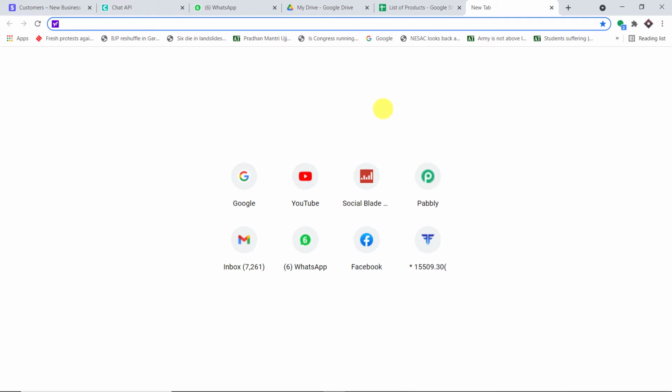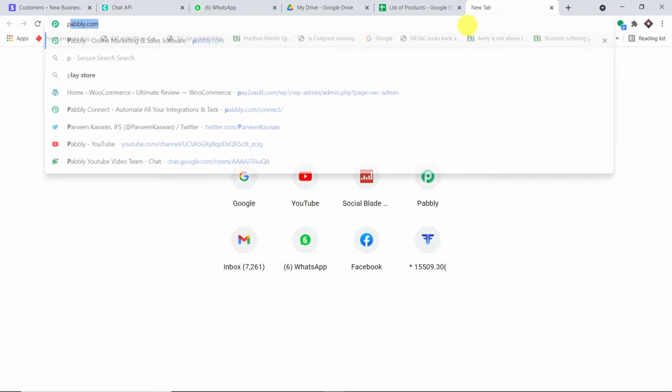Now before we begin, there are three things I have to mention. First, we are using Chat API to send the WhatsApp messages. There are other options like Gupshup you can use to send the WhatsApp message. Second, PabliConnect doesn't own Chat API. Third, and perhaps the most important thing, Chat API is definitely not free.